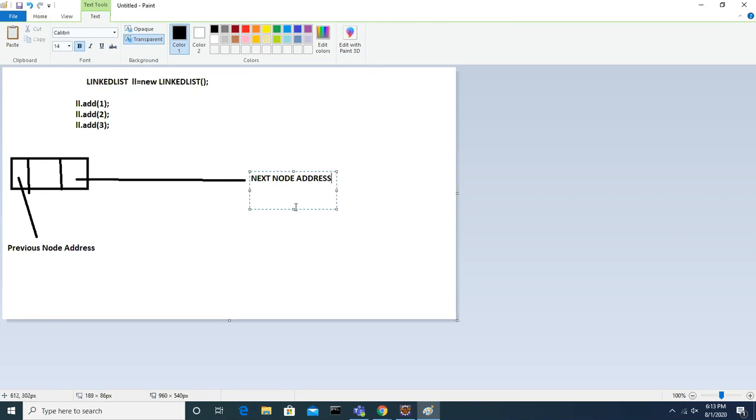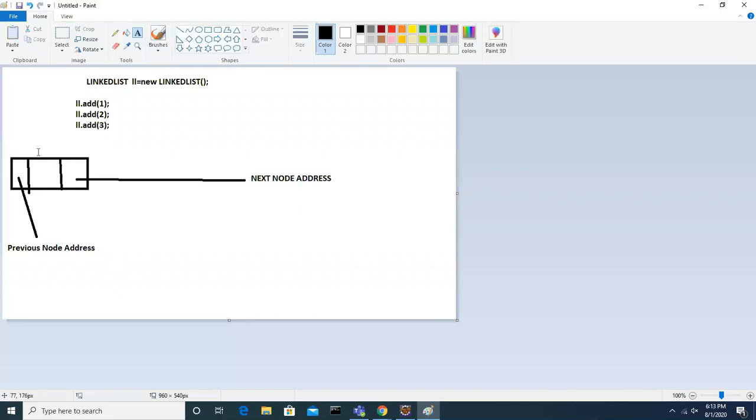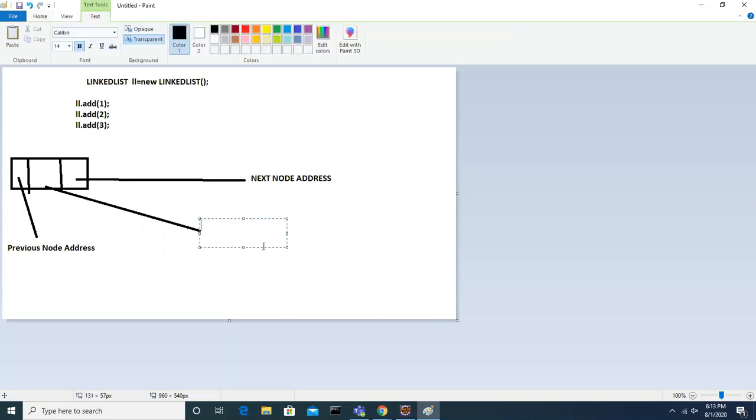Previous node address and next node address. And again, this will have internally two blocks, so totally we can say four. This contains the current node address and value.